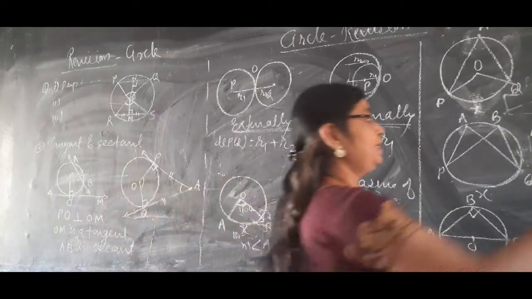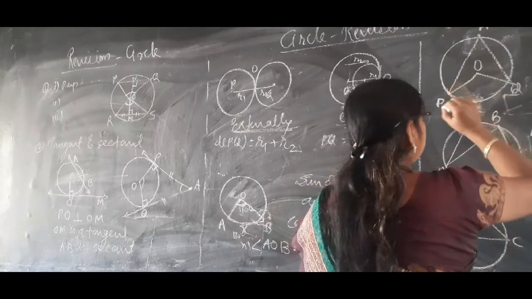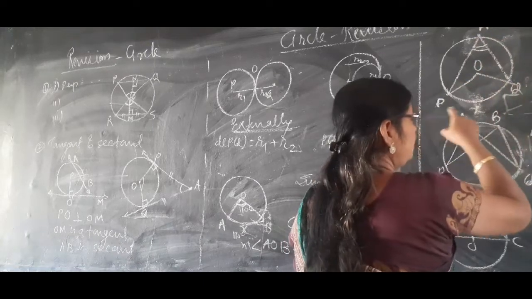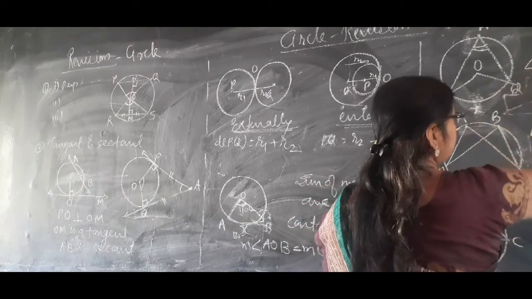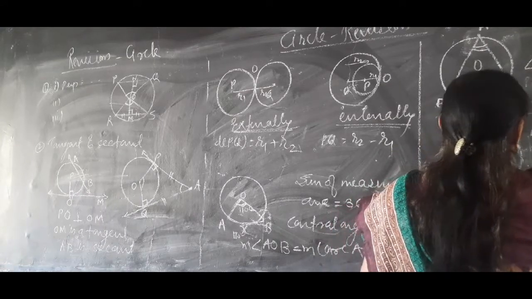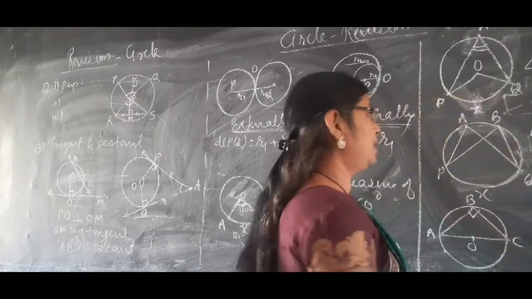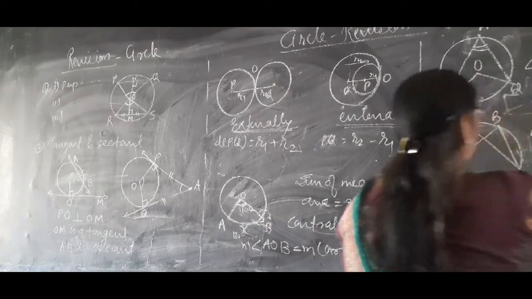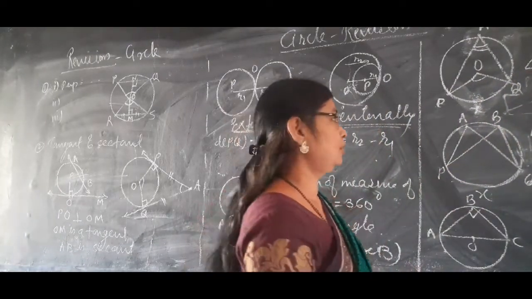Now see the next property, inscribed angle. Inscribed angle theorem, it is the most important. Angle PAQ is an inscribed angle in the arc PXQ, intersected by the arc PXQ. Now what is the inscribed angle theorem? Angle PAQ is equal to half of the measure of arc PXQ, or half of the measure of angle POQ. Half of the central angle or half of the measure of the arc. By using this property, you have to solve the problems.